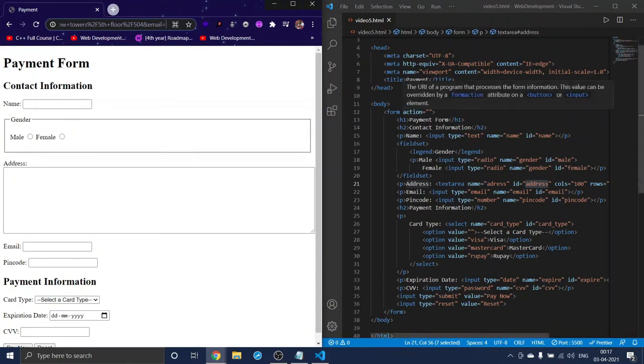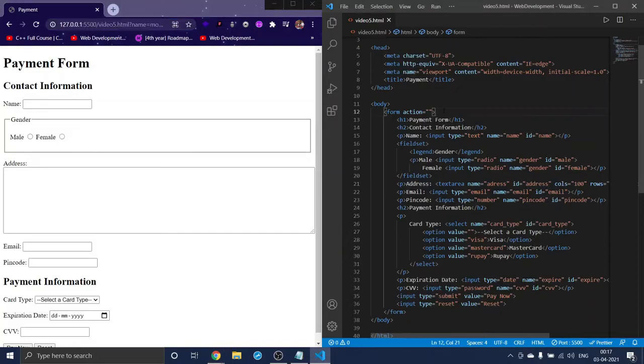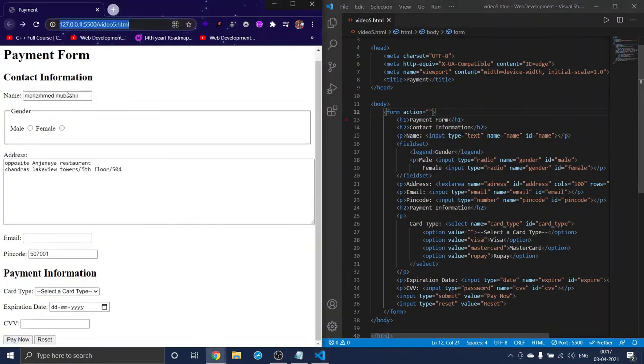And now by default the method is get. Now get is not that secure. For security purposes we use the method post. So we will be learning this in the server video. Now this is the HTML, we won't go through that, and our form is completed.